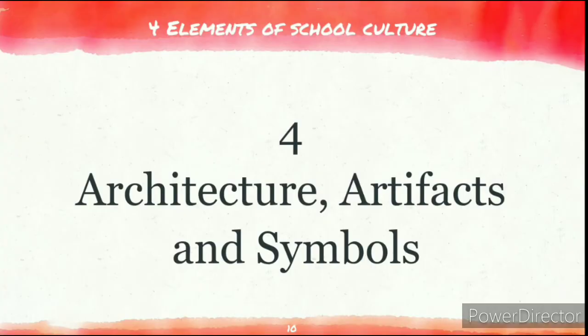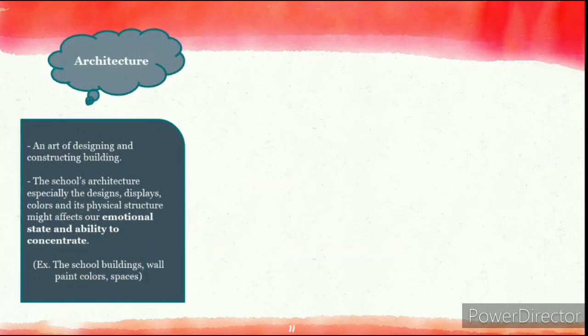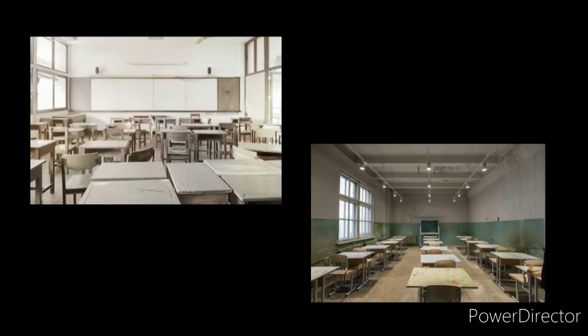The last elements of the school culture are composed of architecture, artifacts, and symbols. Architecture. Architecture is the art of designing and constructing buildings. The school's architecture, especially the designs, displays, colors, and its physical structure, might affect our emotional state and ability to concentrate. For example, working or studying in